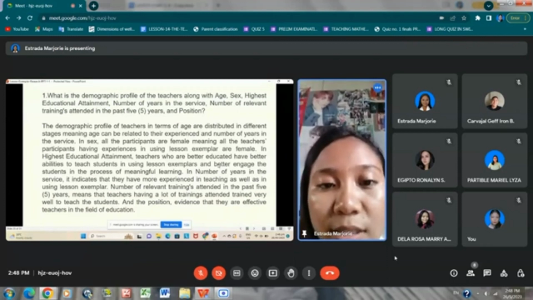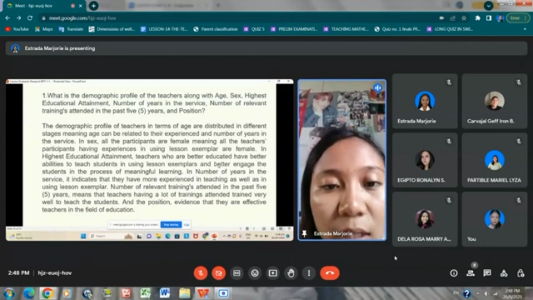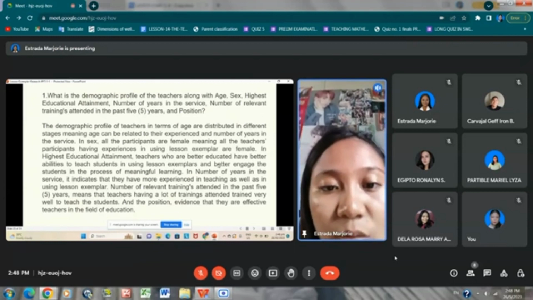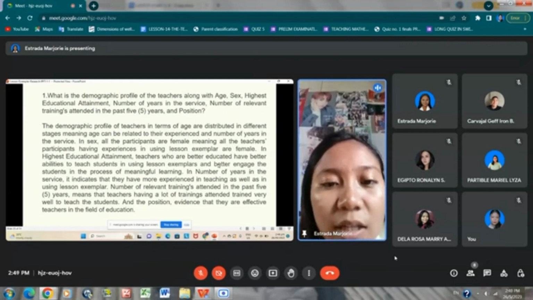In the number of years in the service, it indicates that they have more experience in teaching as well as using lesson exemplar. Number of relevant trainings attended in the past 5 years means that teachers having a lot of trainings attended are trained very well to teach the student, and the position